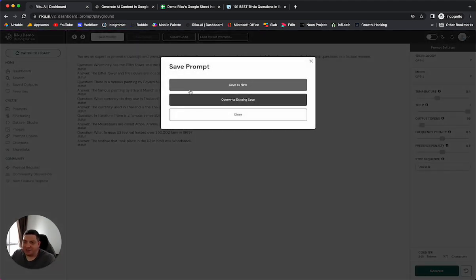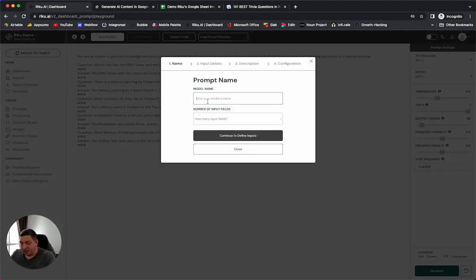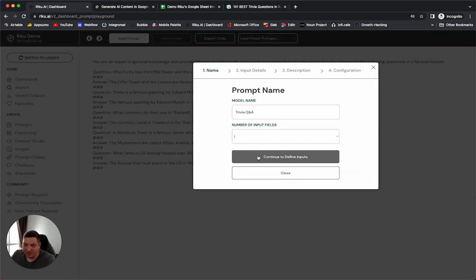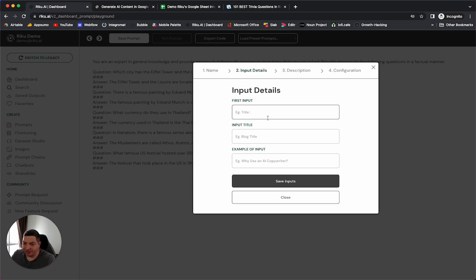So let's do this, and we can call it trivia Q&A. Number of input fields is 1. The input field is question. So we can go to defining our outputs, our input field, question and the colon. Input title, this is just to make it look nice for us. So we could say, what is your question? And the example of the input